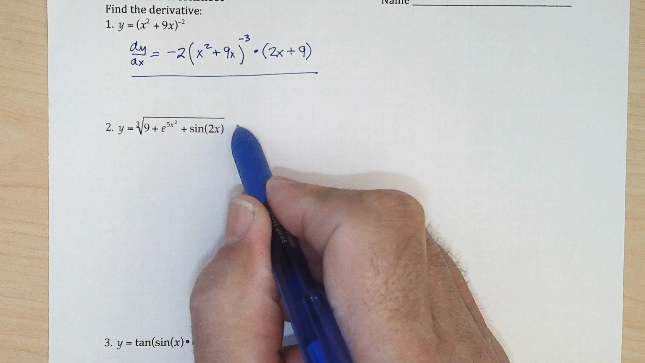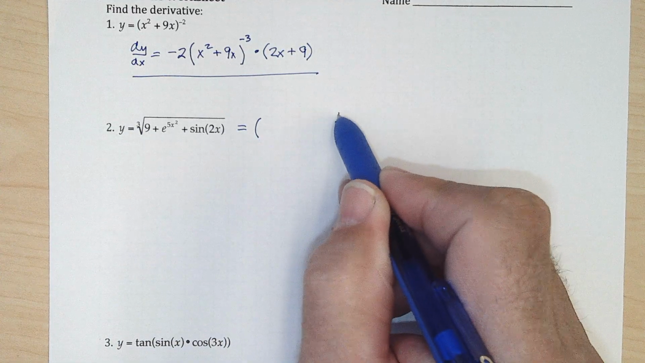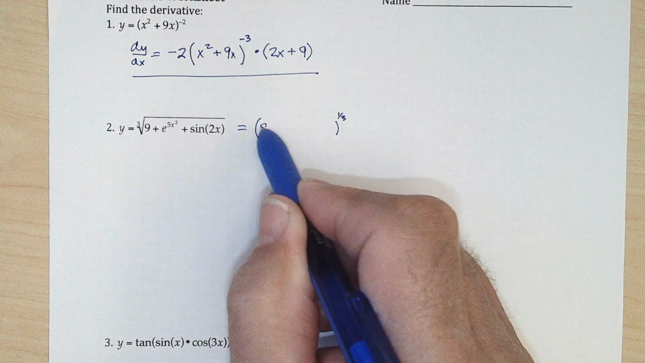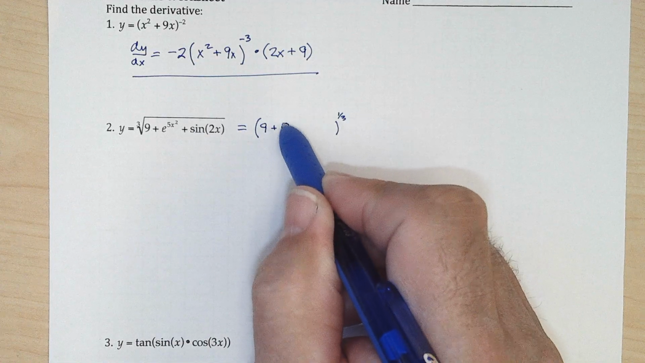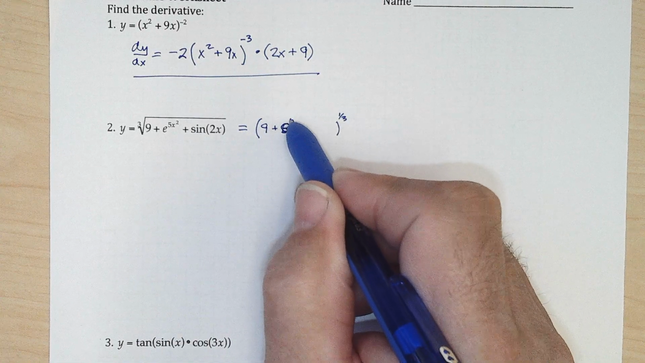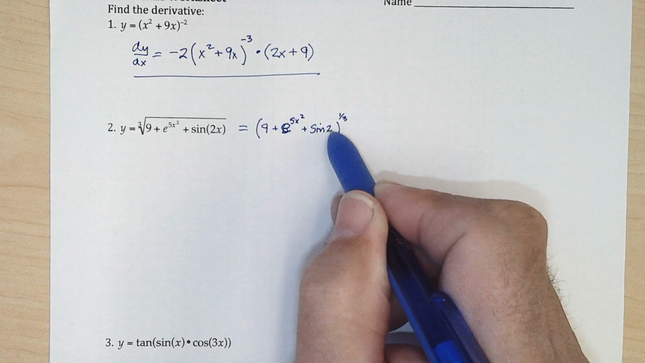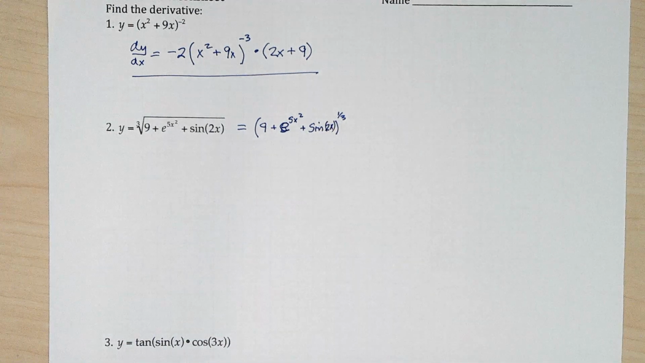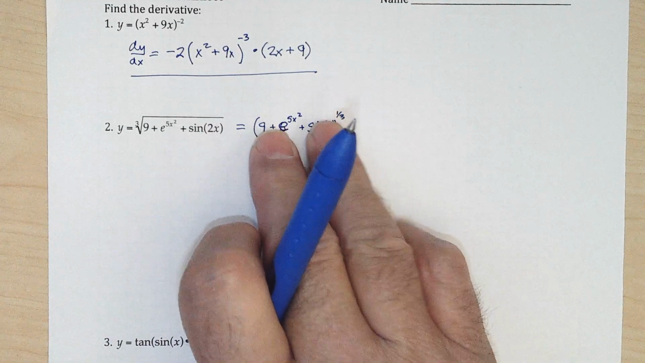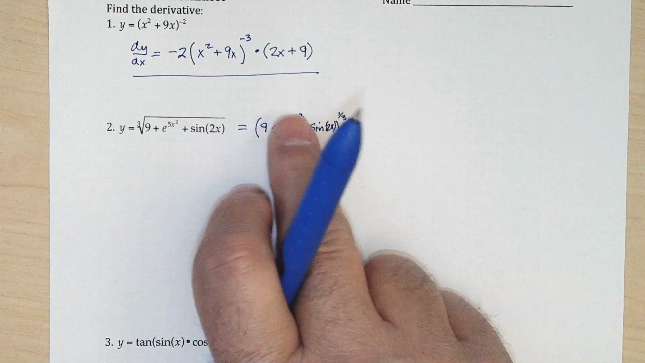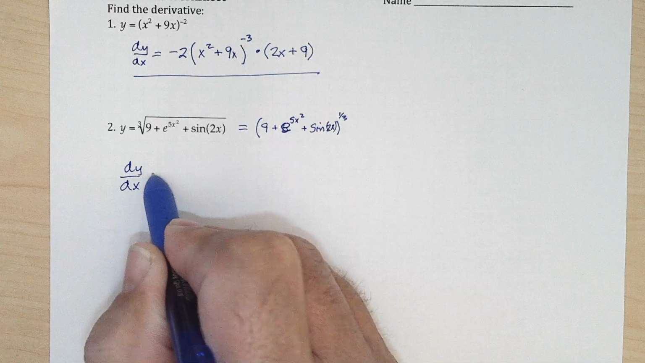So this is the cube root, which is all of this to the 1/3 power. So this is 9 plus 5 e to the 5x squared plus sine 2x. So the big picture is something to the 1/3 power. All of this to the 1/3 power. So dy dx is going to be